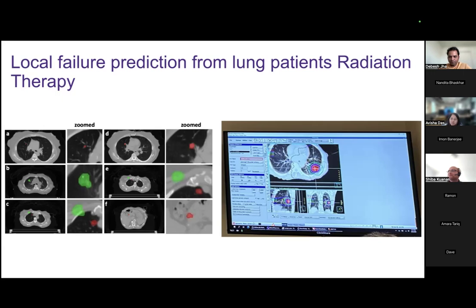If not, I would like to ask Debesh, what do you see in the future? Where do you go from here with all these data sets that you have and all these segmentation models that you built? What do you have in the future for this suite of models and the data sets?